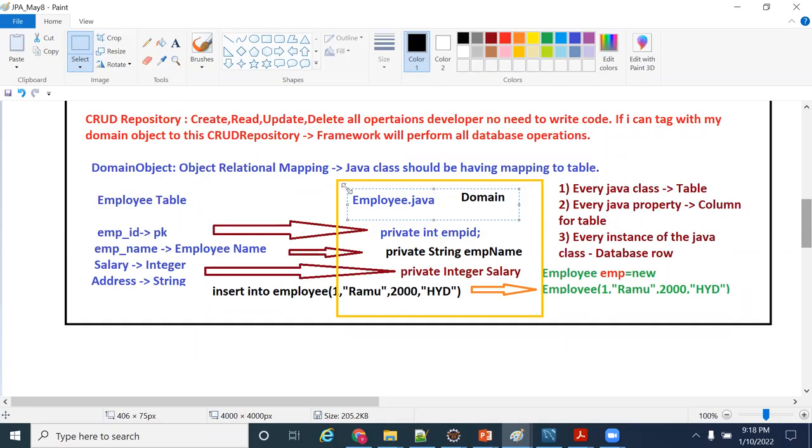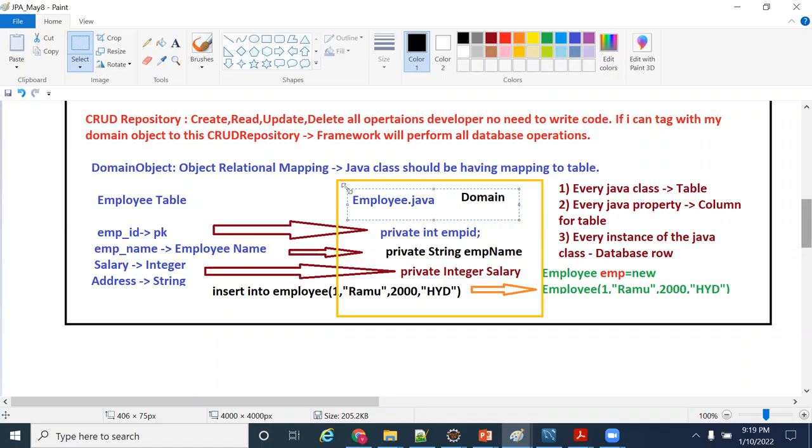All these are ORM frameworks in Java. What is the ORM concept? Object relational mapping. What is its core principle? Every table should have a corresponding Java class.